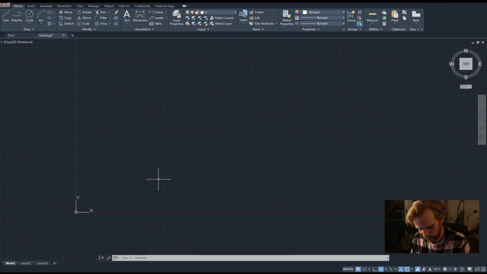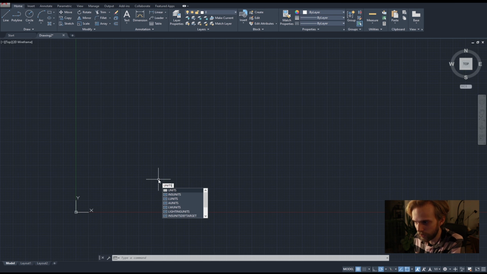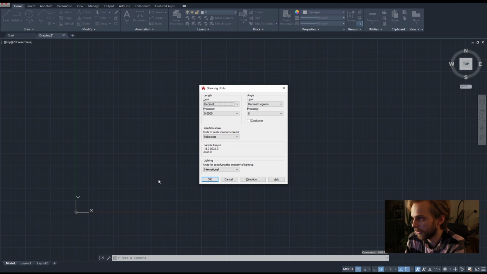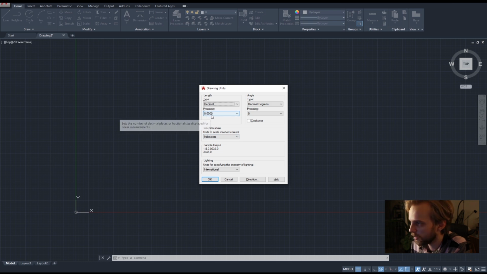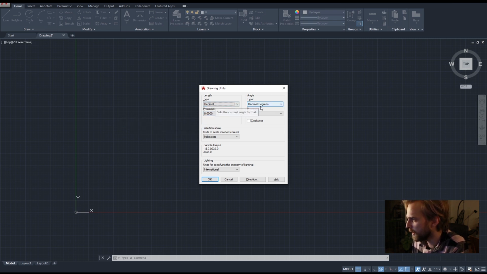So what I will do is I will type a command called units. Units, enter. And here I will see that indeed I am drawing in millimeters. And this is my precision of drawing, 0.0000 millimeters, right? So it's pretty damn precise. And the angle is in degrees, not in radians. That's great. The precision is only full numbers of degrees, which